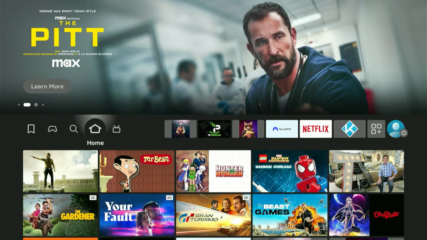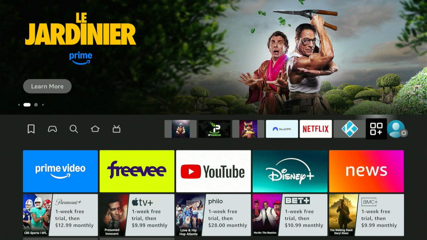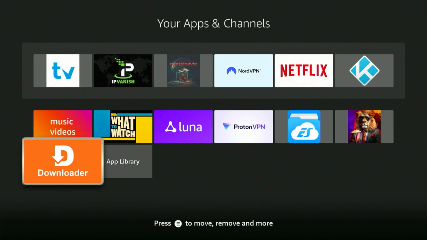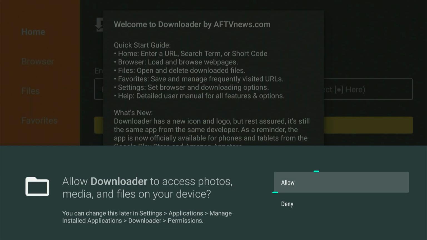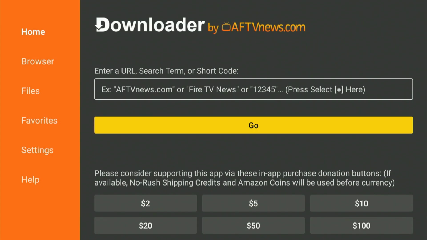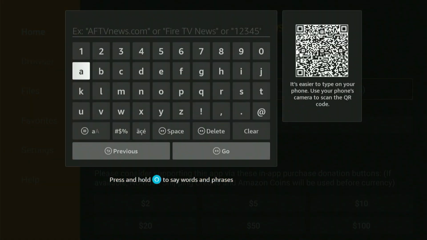And the easiest way to do that is by heading over to your apps. And you can find your apps icon right here. Click confirm on it and you'll find the downloader app and any latest app you install always at the very end. Click confirm to enter the app, and the first time opening it up you can click confirm to allow. It will hide this message, and click confirm once again to also hide this message. Go ahead and scroll up until you're at the search bar. Click confirm on the remote control and type in this code